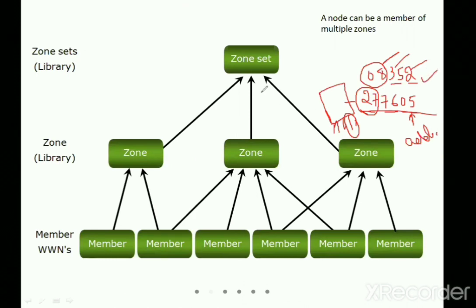Now in this same way, when I say a member, it is the node or the host or the storage array. And when I group them in terms of the zone, I have the storage devices whose ports are connected through cables. When I transfer the data, this particular zone helps me to transfer the data from this particular zone set. So please remember this one, and it is very easy also.